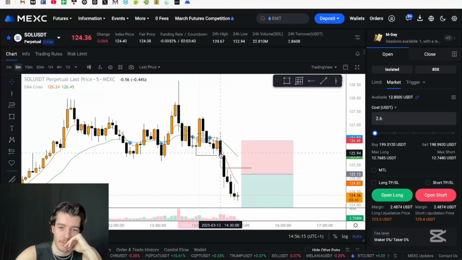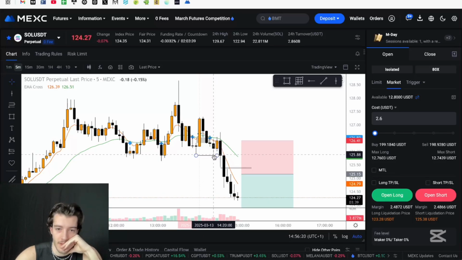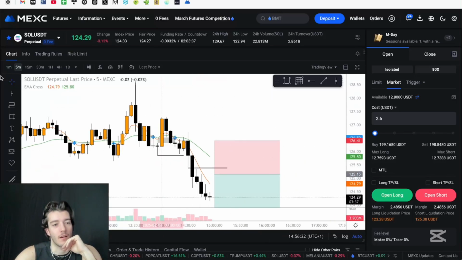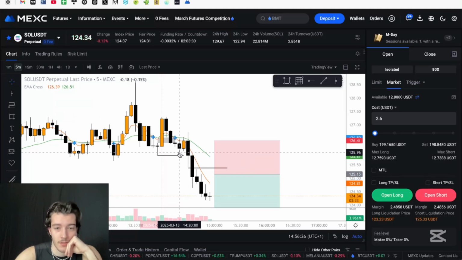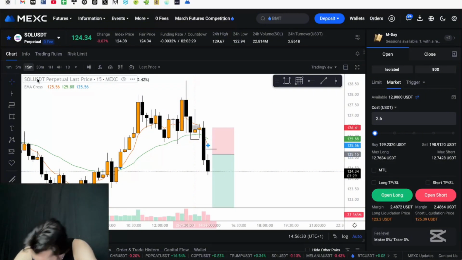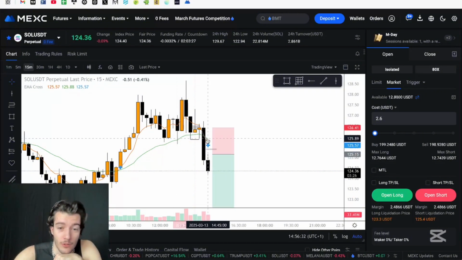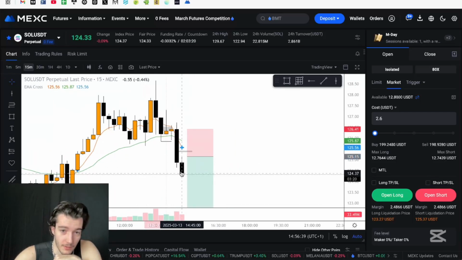Should have kind of entered off of this 5-minute candle close below this low here. I called it. I literally called it. If we close a 5-minute candle under this low, that means we're gonna move lower. Same thing here. We close this 50-minute down here, below this low, very, very long body, strong body. Could have entered off of that instantly.